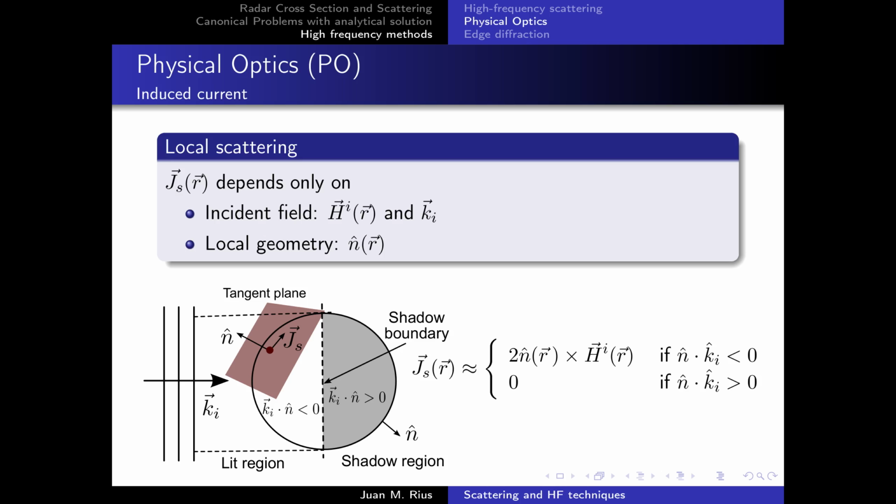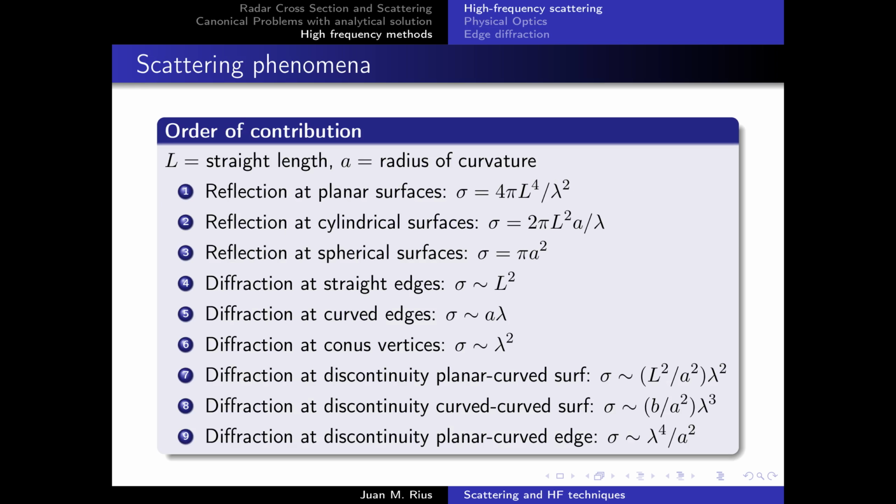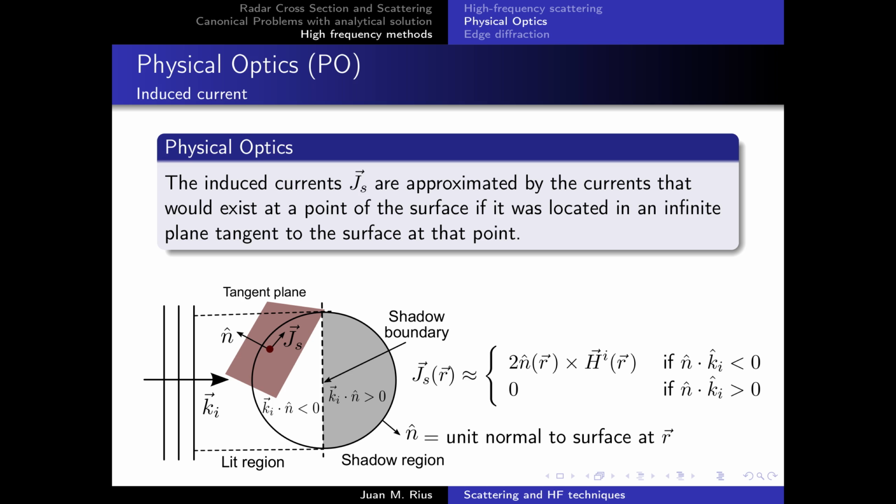Physical optics is the main contribution to the overall scattering in high frequency. As we said at the end of the last class, the three most important scattering phenomena are reflection at surfaces, and reflection at surfaces is computed quite accurately with the physical optics approximation. Physical optics is based in